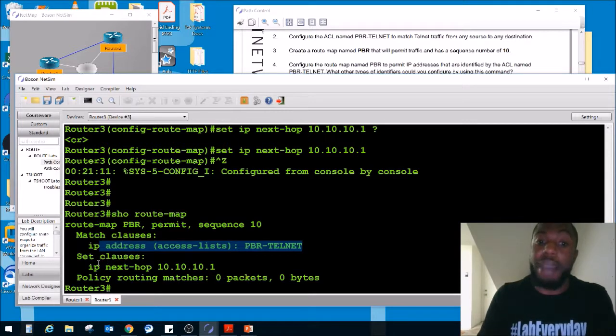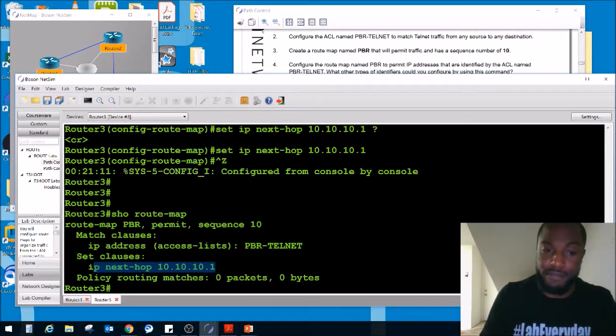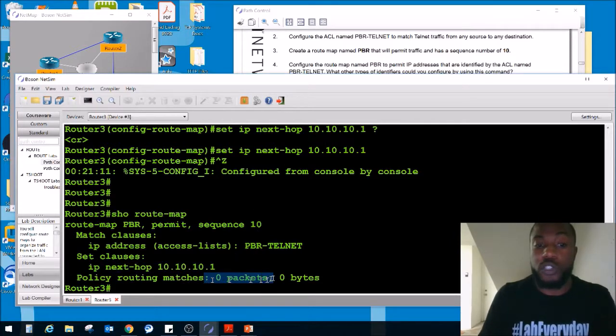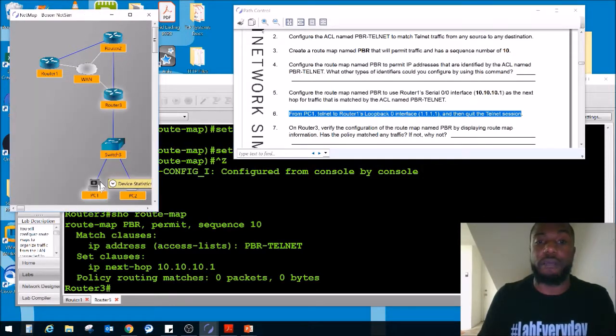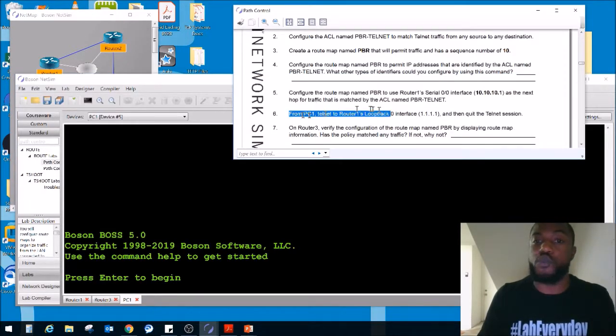If you match that access control list, set its next hop to that. That's basically what we're doing here. So far we have no matches here, right? 0 packets, 0 bytes. Step 6, from PC1, which is located here, telnet to router 1's loopback 0 interface, quad 1,